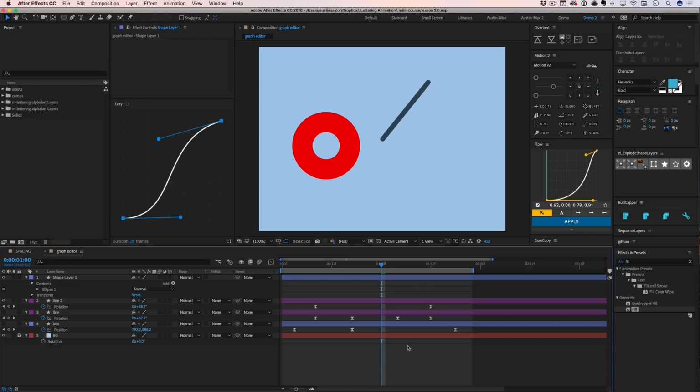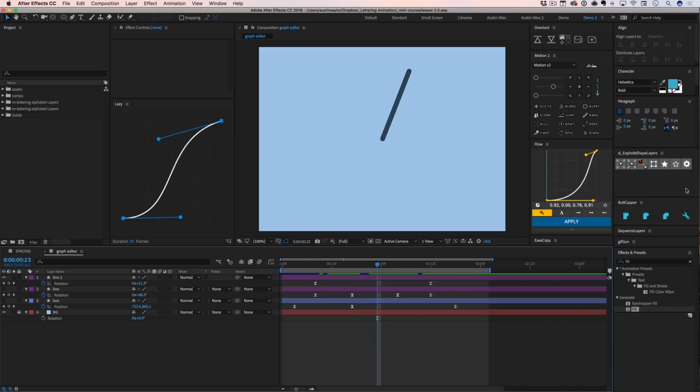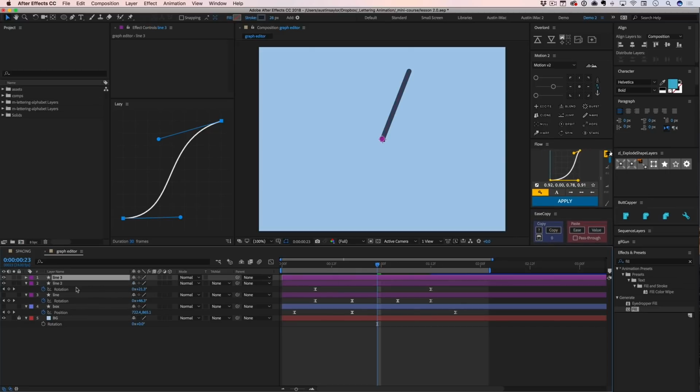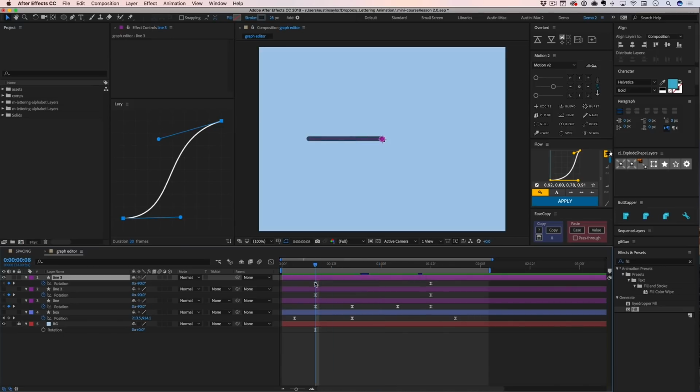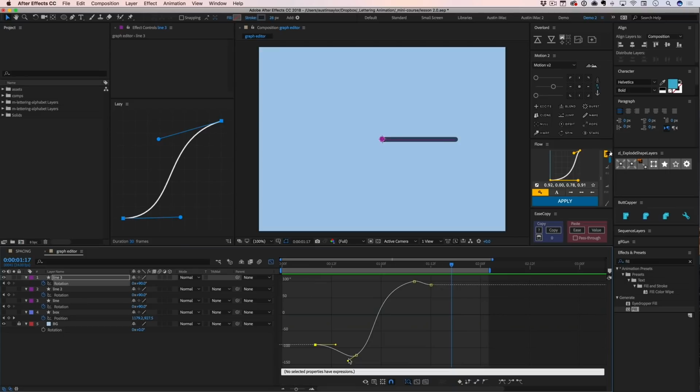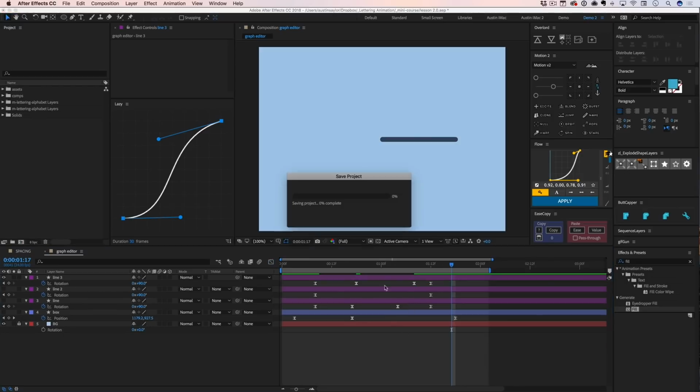There's one more graph editor plugin that I use a lot, and that is Ease Copy. Where is Ease Copy? Right here. So what Ease Copy does, let's just say we've got another rotating thing. Let's say it rotates. We do one of these guys. It overshoots. Boom. And we're back. Let's say we've got this perfectly like we like it. It's great. And then we do another thing